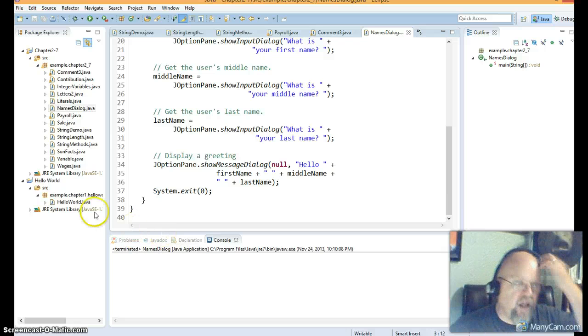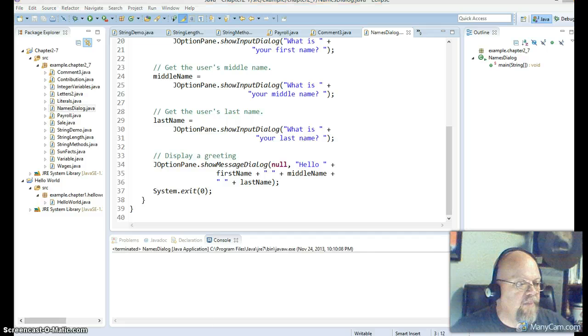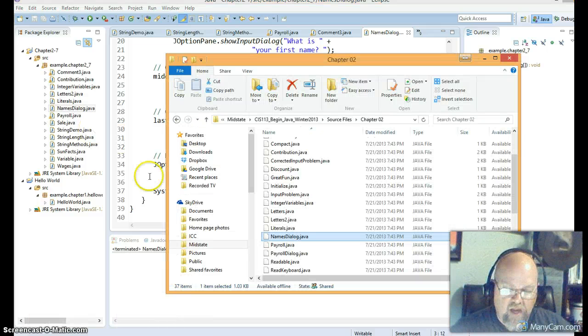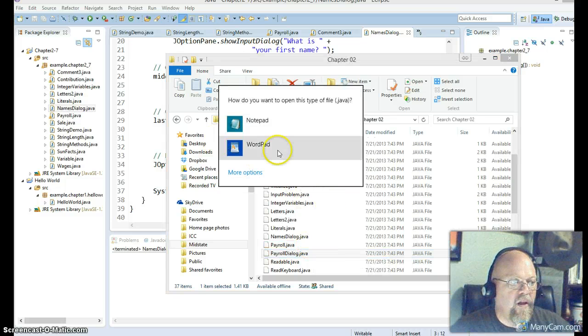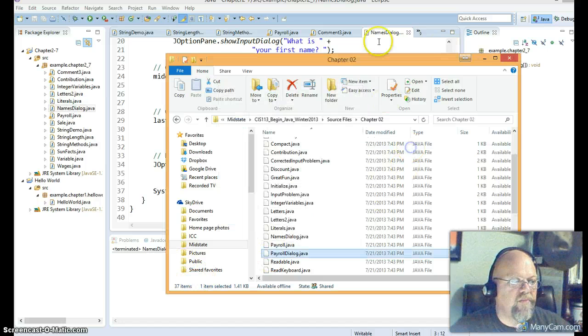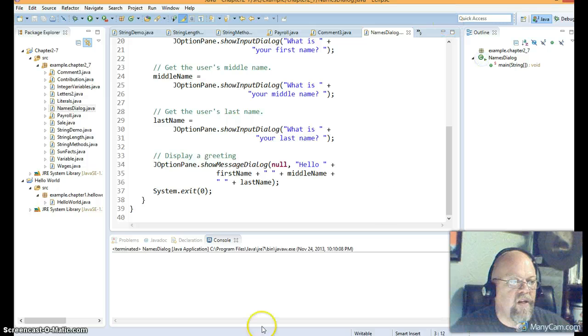Let's see if I can squeeze this in before we run out of time. We have the payroll dialog, and I think we're going to run out of time. So let me do this. Let me go ahead and end it here, and then we